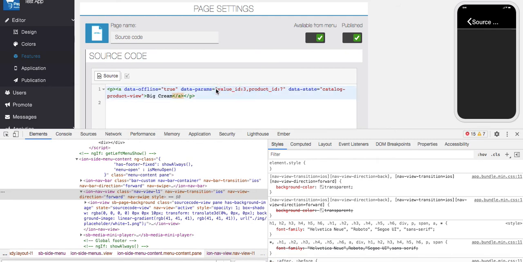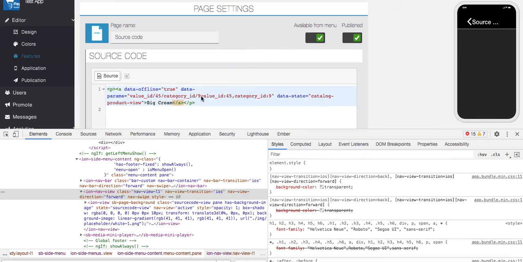Whatever I have copied is in a different format, so we have to change it. The required format is value ID and 3. So we just take the value ID from here and paste it here, and category ID 9, so put in 9. Remove whatever you have pasted. Sorry, and one more thing here: the parameter name was product ID, but in our example it was category ID. So change the parameter name also.